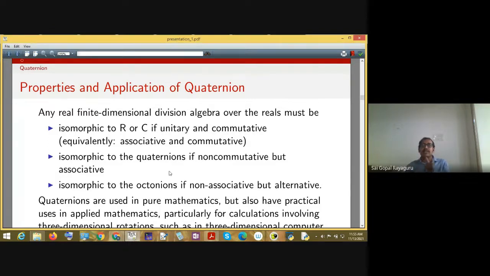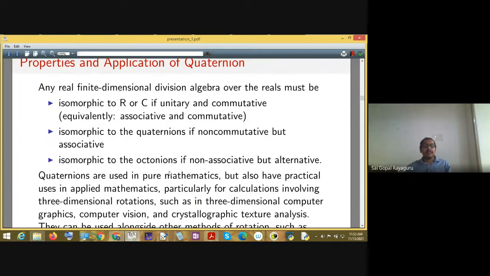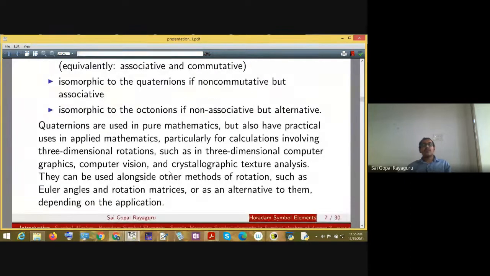Yes, if we define two octonions, those two octonions are isomorphic, but the multiplicative rules we can define are more in number, perhaps 480 or something, which might come in the next slide. So quaternions are used not only in pure mathematics, but also have practical uses in applied